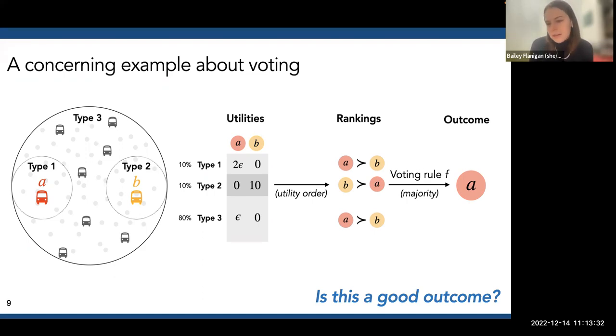Do we think that this is a good outcome? I would argue that it's not a good outcome, right? Okay, I'm seeing some people shaking their heads, and I don't think it is because we've chosen a bus stop that basically no one is going to use, right? The people of type 1, they don't take the bus. The people of type 3, even if they did, they wouldn't really use that bus stop. So we could have chosen something that would have been great for some people, and instead we chose something that no one is going to actually use.